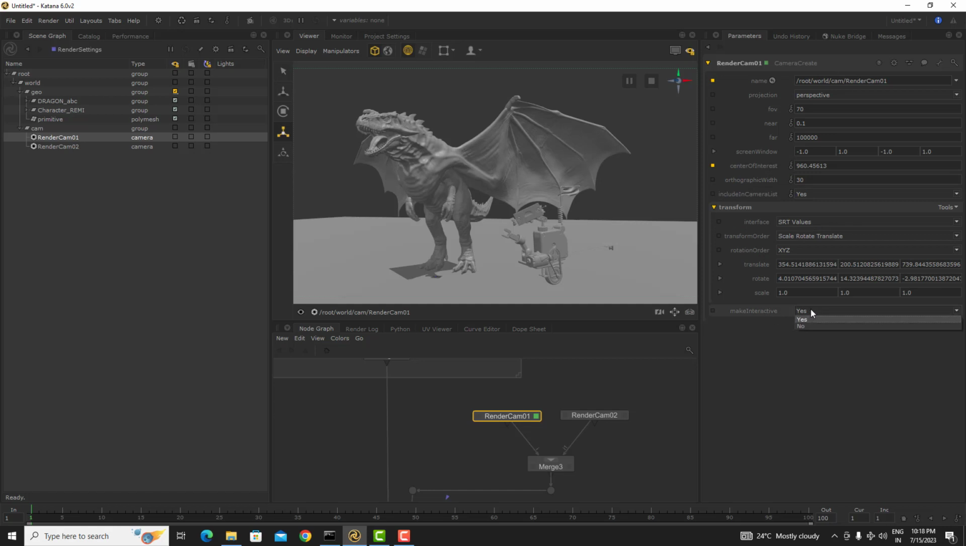So now I'm going to make this not interactive. Basically, if you have a camera and you are not able to rotate the camera in the viewport, the first place that you have to check is the camera's node. Select the camera node of the particular camera, and make sure the make interactive option is turned on or not. In this case I'm just going to disable this. So now, as you can see here, I'm not able to move,